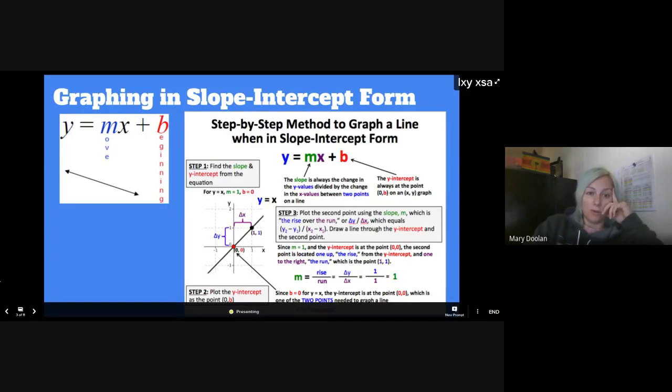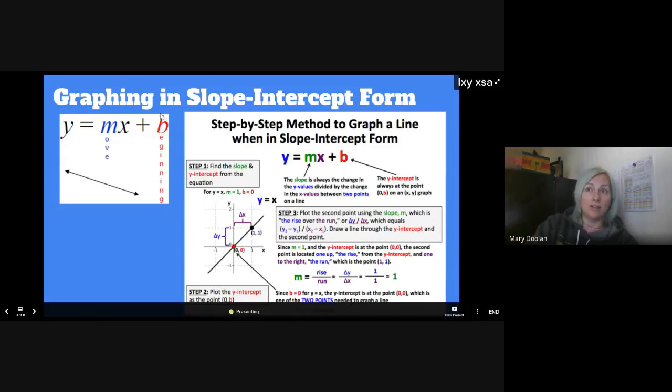Graphing in slope-intercept form. So this whole thing here, this is reviewing what you learned in 8th grade. So let me help you remember. y = mx + b. So these are just like a little memory trick. If you think of 2 words that start with M and B,